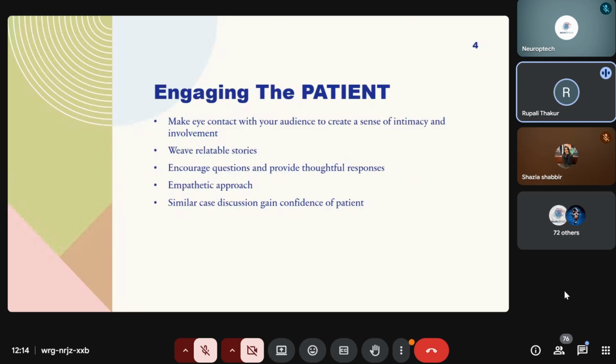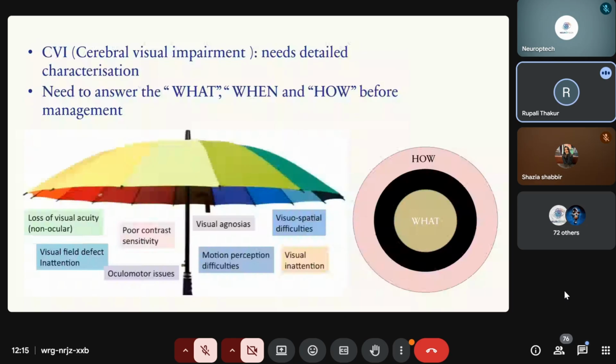So in CVI we call it an umbrella, because CVI is not only the brain. Your eyes and brain signals are there, but your brain is not able to process what it is, where it is. Then we have to understand what happened, when it happened, and how it happened. In my previous slide I told you that some of the time CVI is congenital, but some of the time it can be acquired also. In this umbrella there are a lot of things that come across: loss of visual acuity, visual field defect and inattention, poor contrast sensitivity, oculomotor issues, visual agnosia, motion perception difficulty, visual spatial difficulty, and